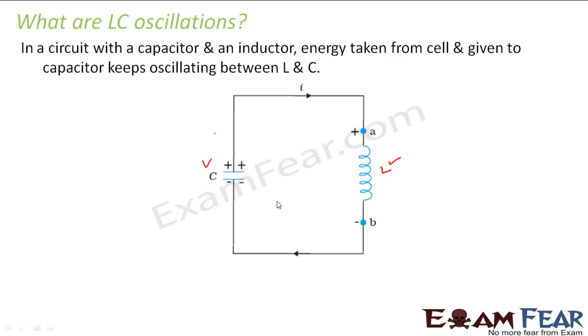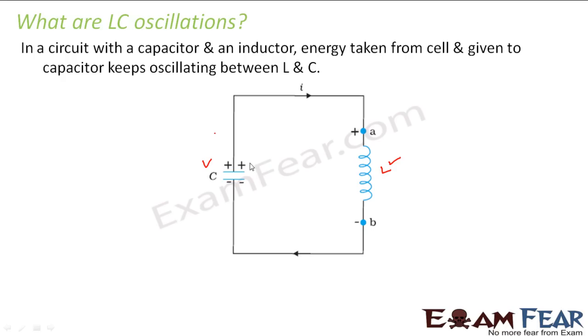Now, in this case, we are connecting an inductor to this capacitor. So what happens? Initially, the capacitor takes all the energy from the cell and charges itself. Let us suppose that the capacitor is charged to some charge Q. When the capacitor is fully charged, it starts discharging through the inductor connected to it. As soon as this discharging happens, some current starts flowing through the circuit, so there is a change in magnetic flux in the circuit.